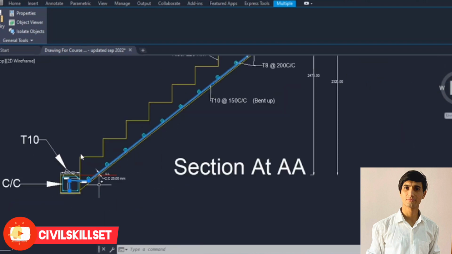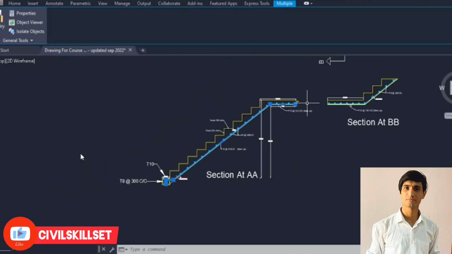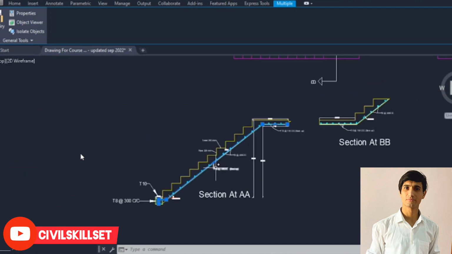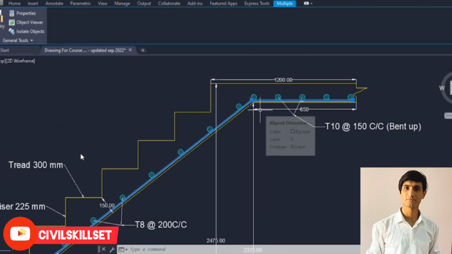So here in AutoCAD it is very easy to find out BBS, or it could be any quantity for the stairs. Definitely manual calculations are a bit hard, and we need to use the Pythagoras theorem and different kind of things in order to find out the length. And as I said earlier, if you have a tool, and nowadays most of the companies prefer Primavera and PlanSwift in order to do the takeoff, so why not we use these softwares? Well, definitely we need to take the benefit over here instead of doing manual calculations for 1 hour and 2 hours. Here we can do all of this stuff very quickly, so we will use here the